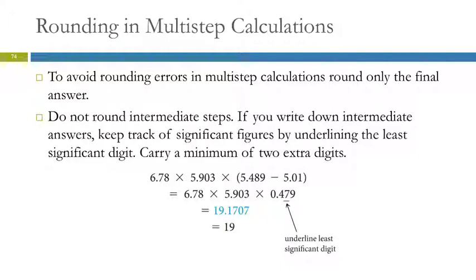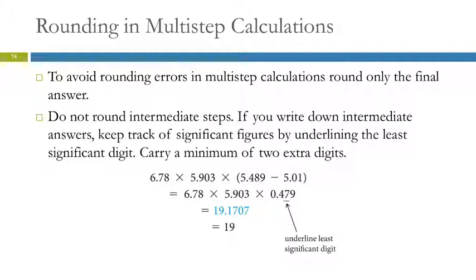Sometimes you can do all of the calculations on your calculator at once, just plug them all in and not have to write anything down. That's the best thing to do. Write down your final answer, then go back and figure out how you need to round it for sig figs. If you do have to write down an intermediate value,